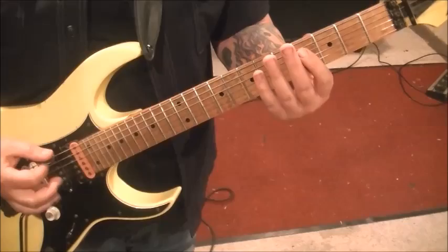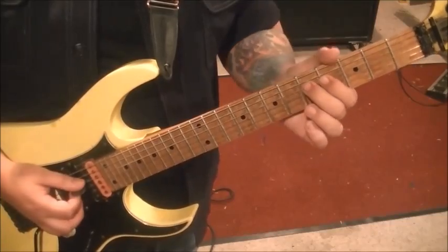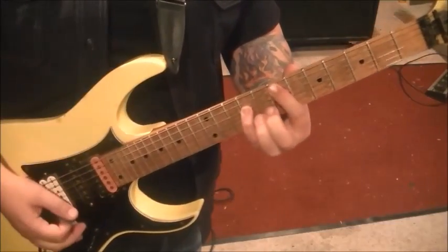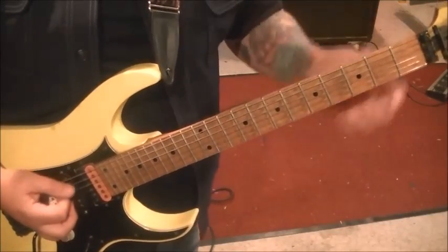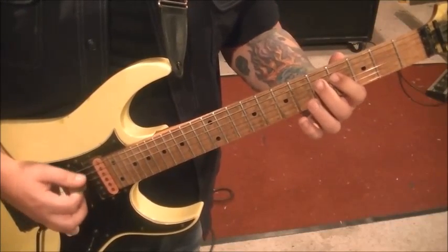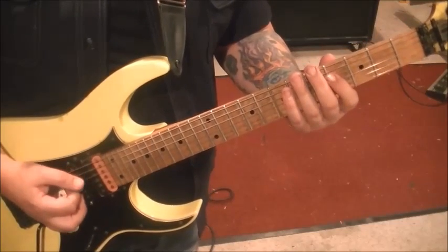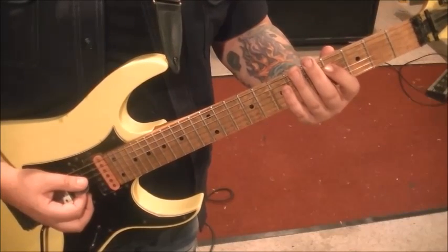So open E, rest, palm mute, and then 5D, pull off to 4, and then 5D, pull off to 4 and open. So we have jump up to the 7/9 AD. So we have palm mute the open E, pull off again 5/4D, and then pick 5/4 to 5A and open E. So it would be then a palm muted E, another pull off on the D, 5/4, and then we got palm mute 5/4